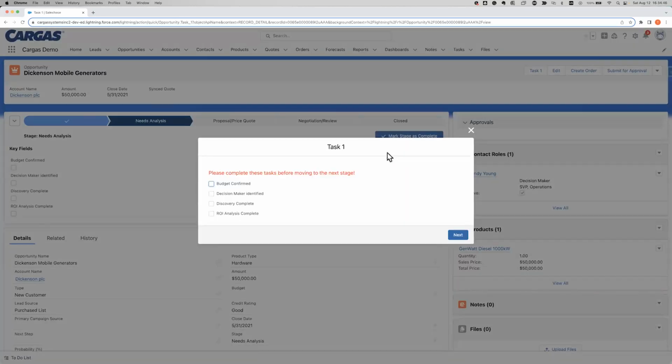So in this org, for the needs analysis stage to move to the next one, which is proposal price quote, you have to complete these tasks. So let's assume that these are all done. As you can see here in the background, I added these in the key fields, and none of them are checked. So they need to be completed and checked. So I hit next,